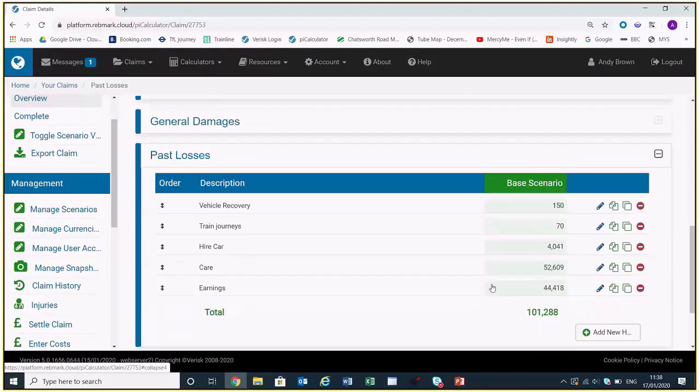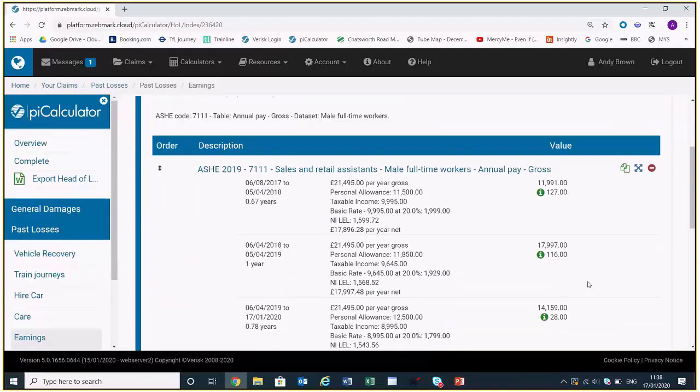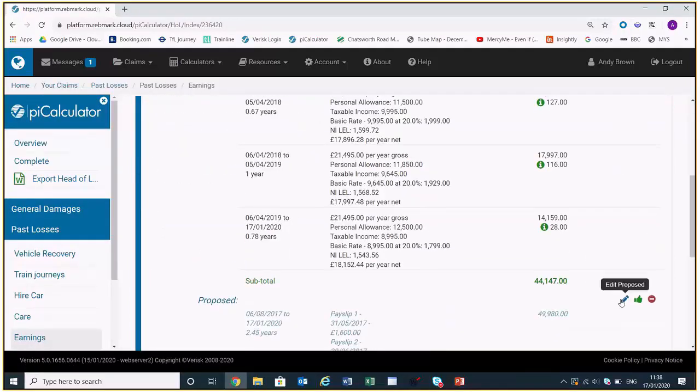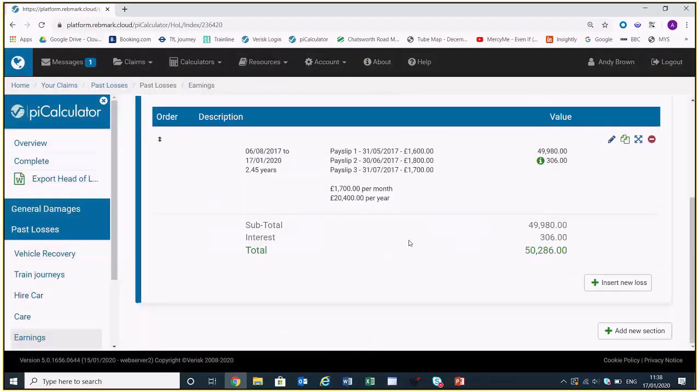And go back to my earnings loss and select Convert to Current, which will override the ASHE calculation. There we are. However, if later I want to go back and look at what the original calculation was compared with the payslips,